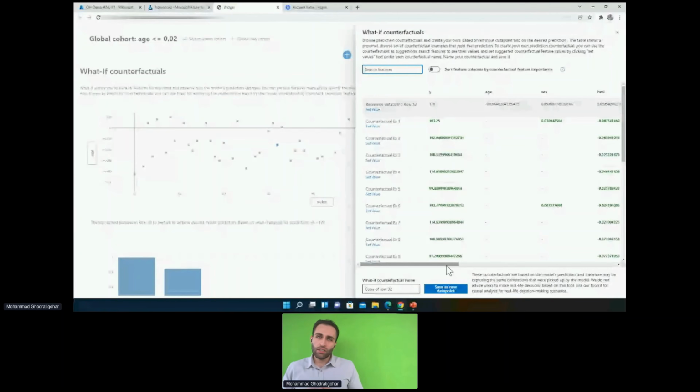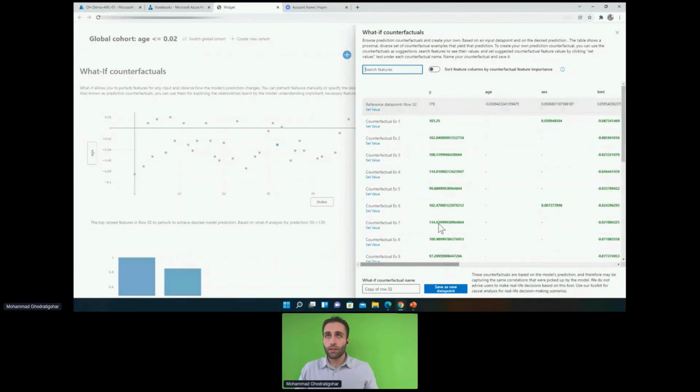The scenario here is, what would be the minimum change that we can make in the features, maybe just one feature, maybe just flipping the gender from male to female, or from female to male, or just changing the age, that can totally flip the prediction? That's what we're trying to understand. And these are some of the examples that this toolkit automatically created for me.